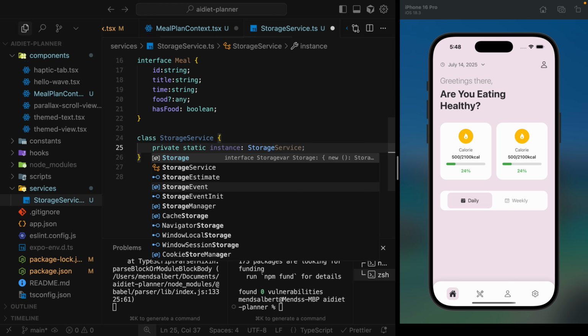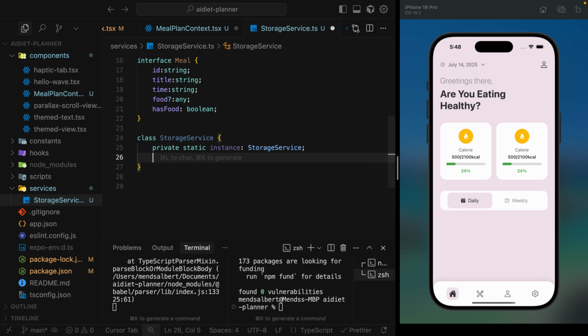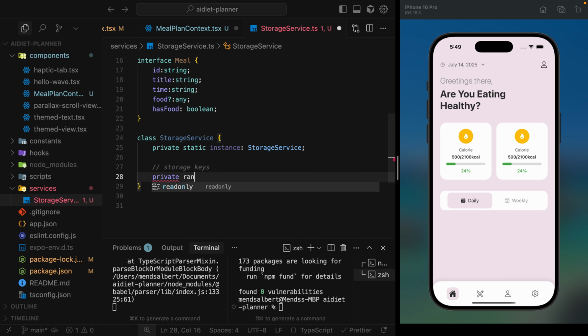Next, we define our storage keys as private readonly properties. These string literals are the unique identifiers we use to save and retrieve data in Secure Store. We type private readonly PERSONAL_INFO_KEY = 'personal_info'